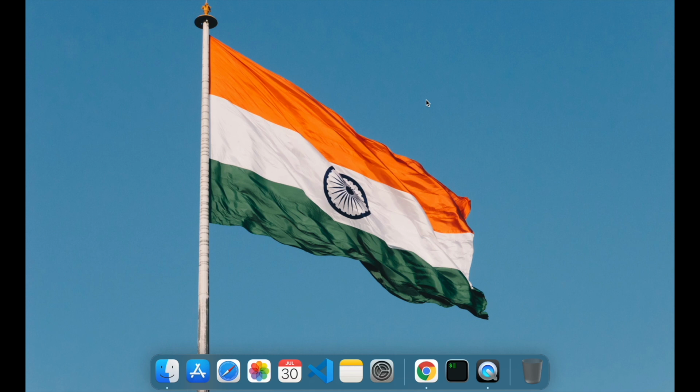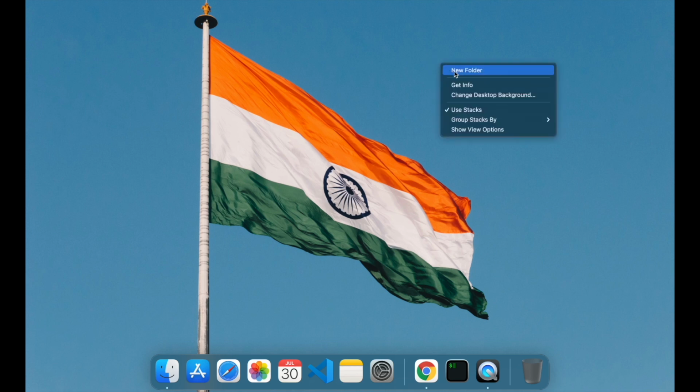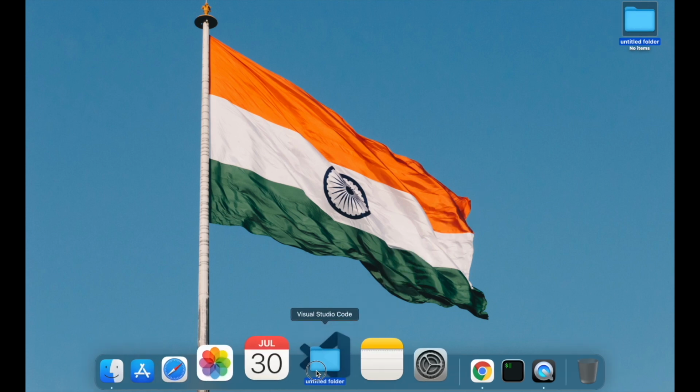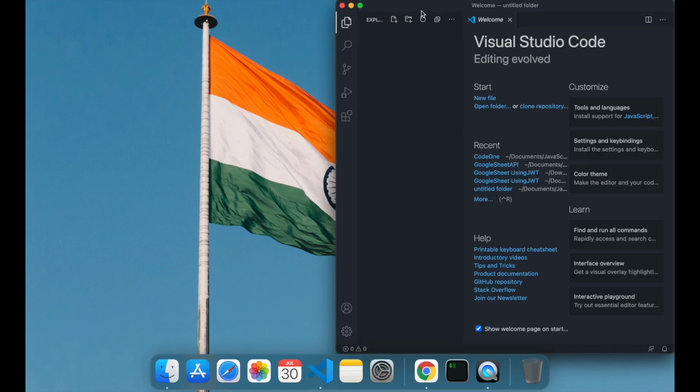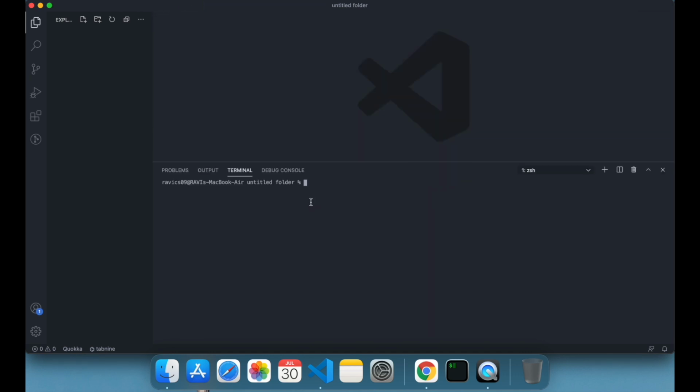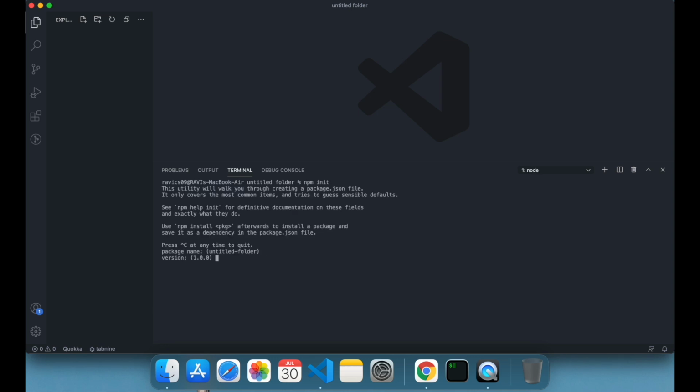I want to tell you the second way by which you can run your JavaScript code, in Node.js. For that you have to create a new folder and open it in Visual Studio Code. Open your terminal and write the npm init command, so it will create a Node project.